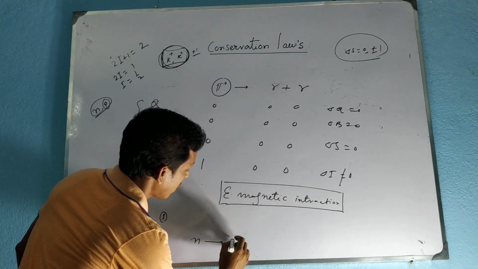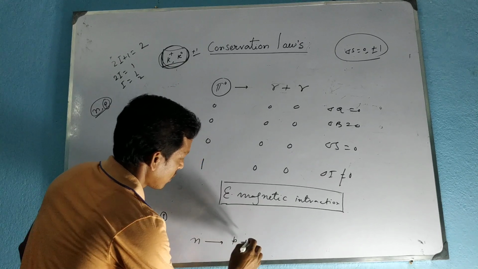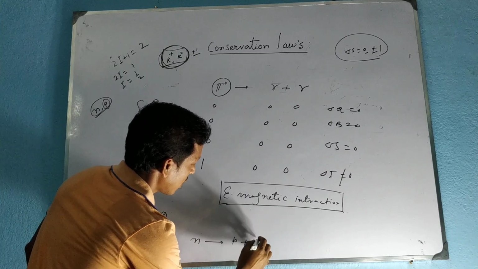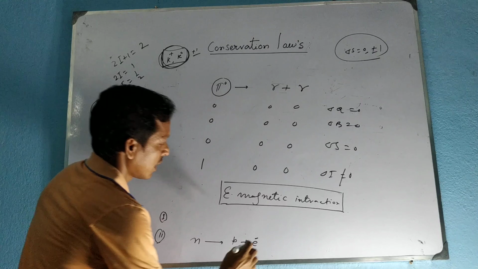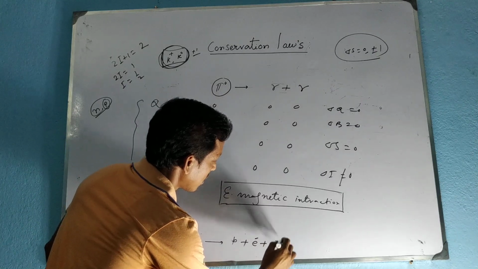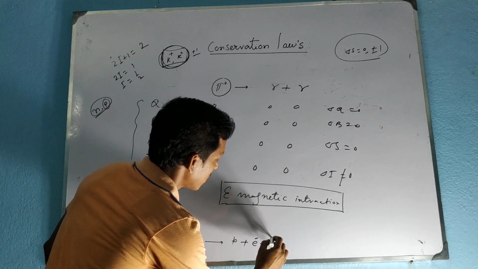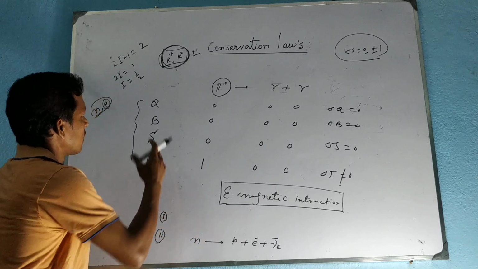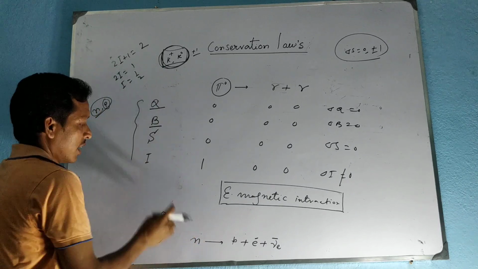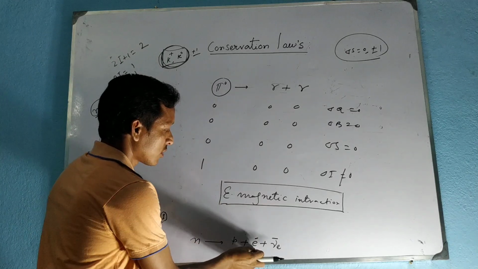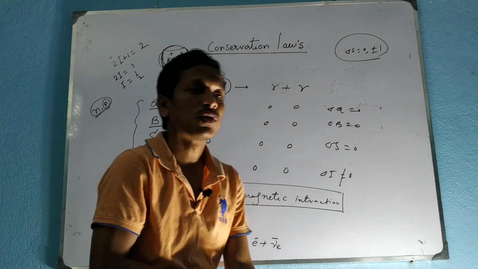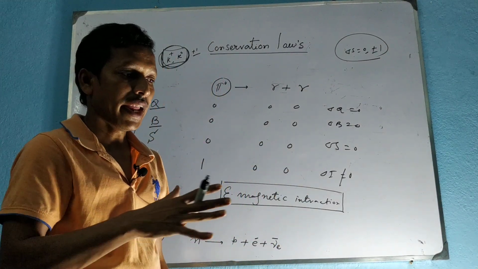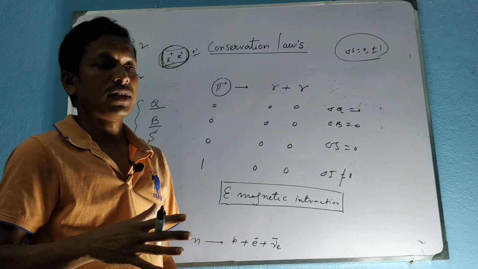Suppose a neutron decays into a proton plus, due to conservation of the charge, because the neutron has no charge, an electron will be developed and a neutrino, obviously this will be the antineutrino. In any allowed reaction, like charge and baryon number, lepton number is also conserved, and electron, muon, tauon and the corresponding neutrinos are the lepton particles, and in each allowed reaction the lepton quantum number